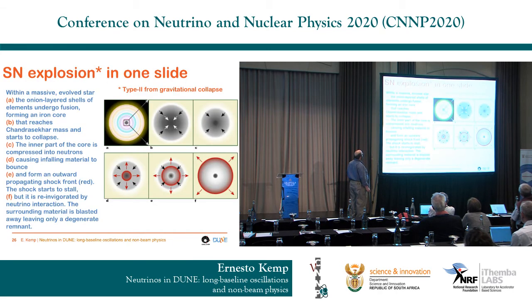So let's move to supernova detection in just one slide. From the theoretical point of view, the mechanism of supernova explosion is that large, massive stars with mass larger than 8 solar masses can form an iron core, and then the successive burning of silicon can add more and more mass to the iron core, and when it reaches the Chandrasekhar mass, the gravitation cannot be counterbalanced anymore.